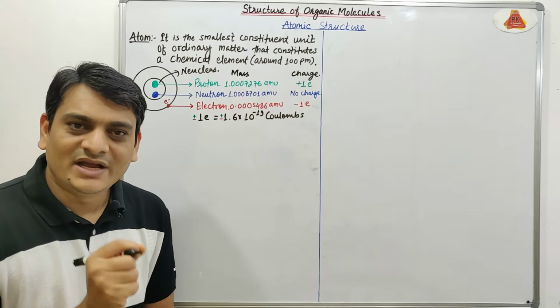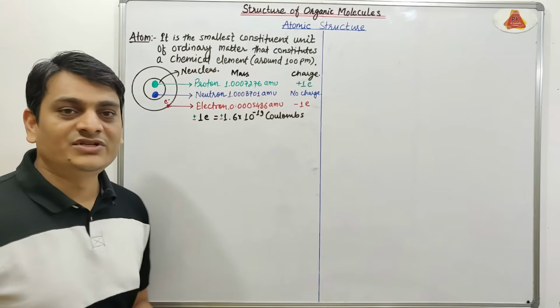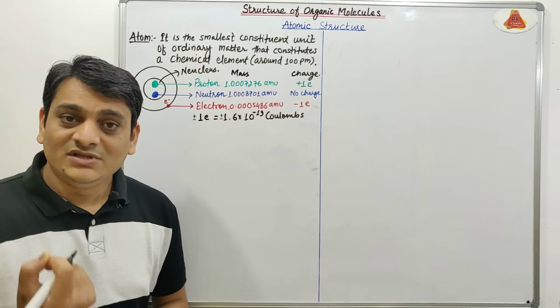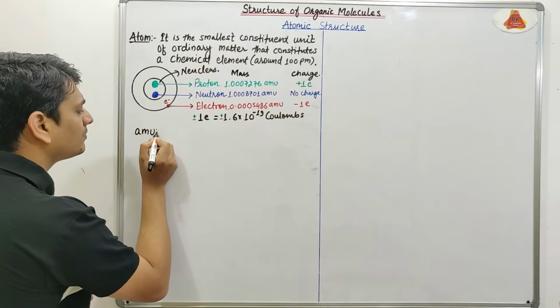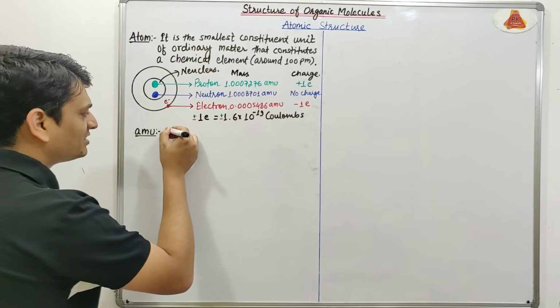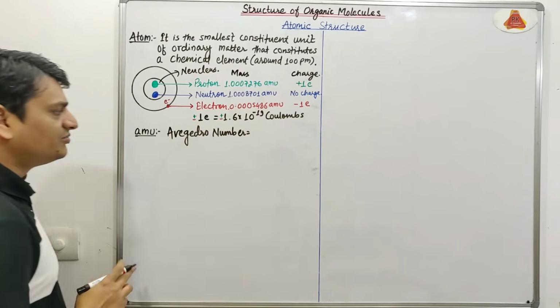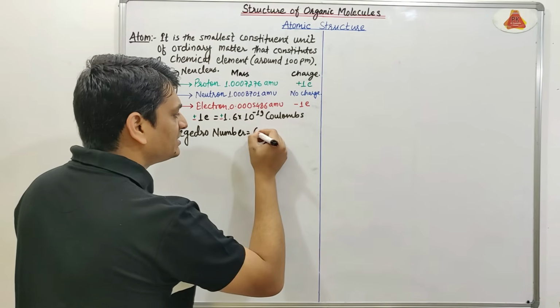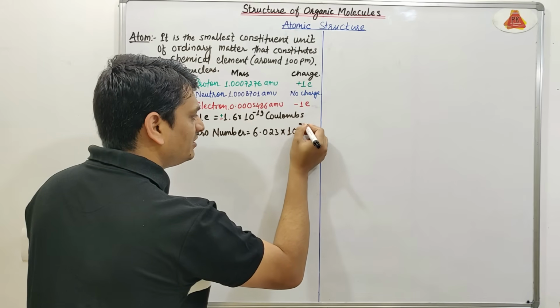Now here the question arises: where does this mu or atomic mass unit come from? And the second question is why the proton has +1 charge and why the neutron has no charge. So coming to the details about mu or atomic mass unit, first we have to know the details about the Avogadro number. And as you know, Avogadro number is equal to 6.023 into 10 to the power 23.